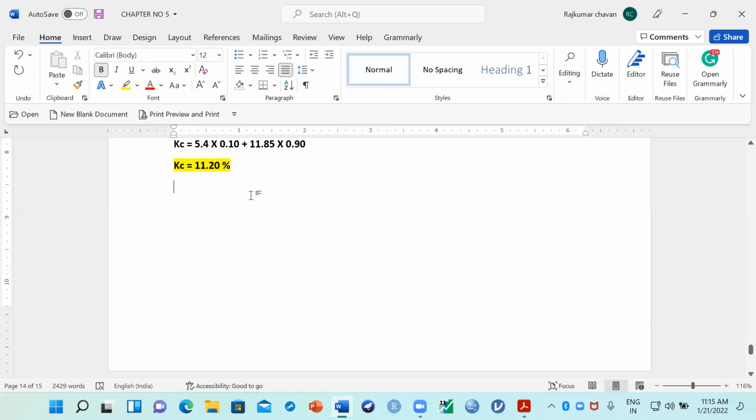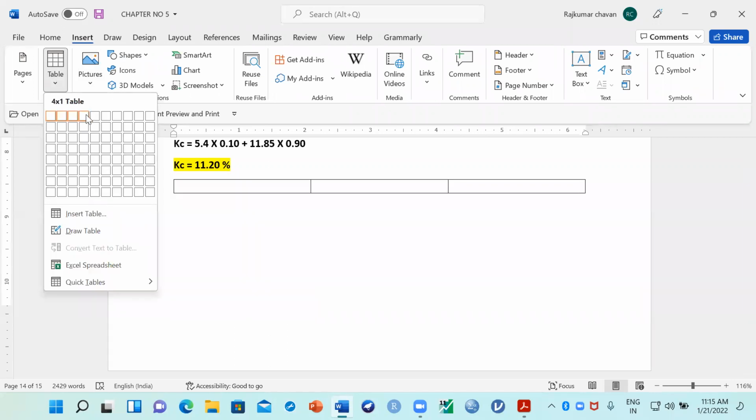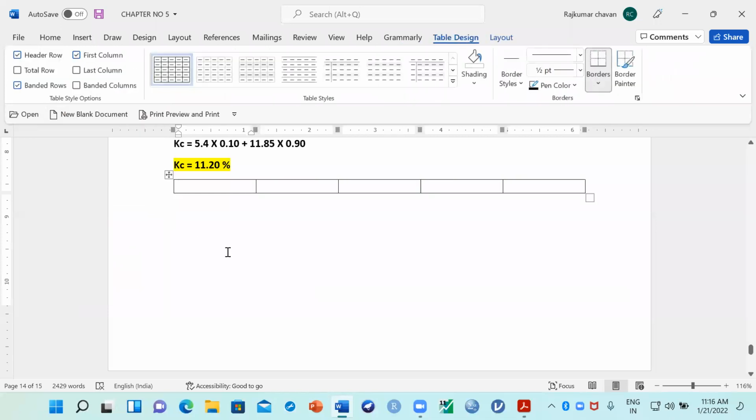Okay, so now let us calculate the cash flows of these companies. Now we got a WACC of 11.20%. So based on this, let us prepare one table over here. What information do we have to take in the table? Total 5 columns. Because we have to calculate cash flows for 3 years, right? Then this will be my earning after tax, which is after